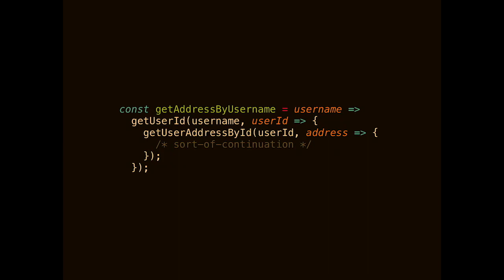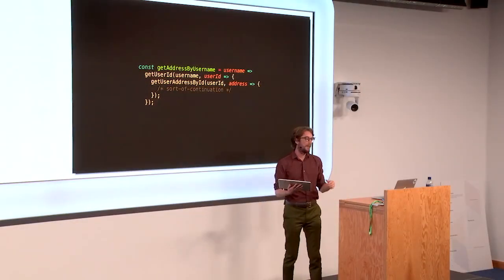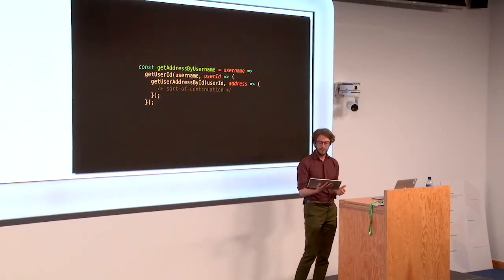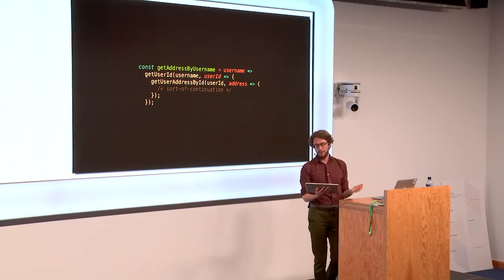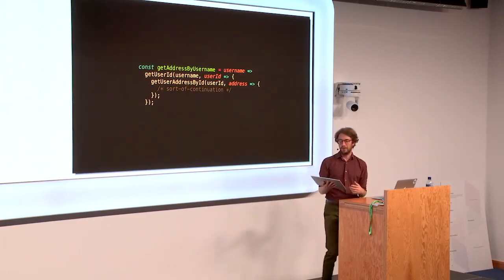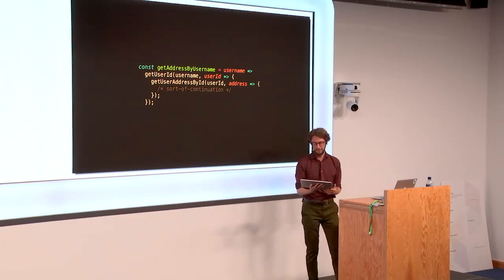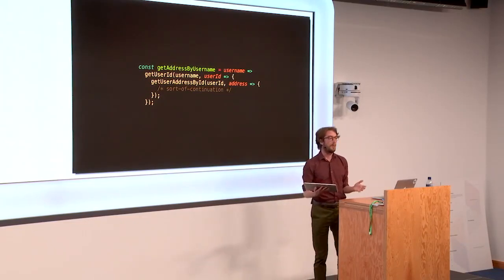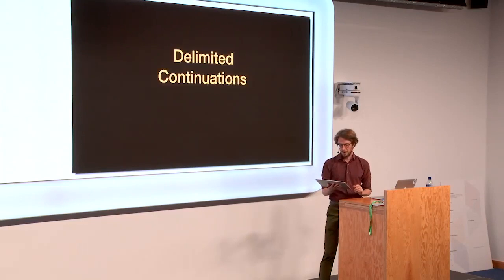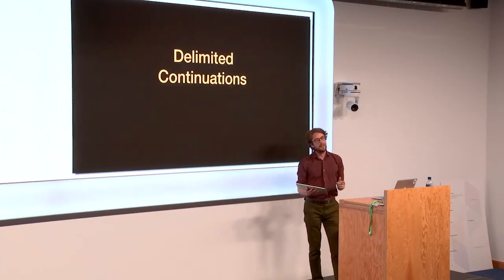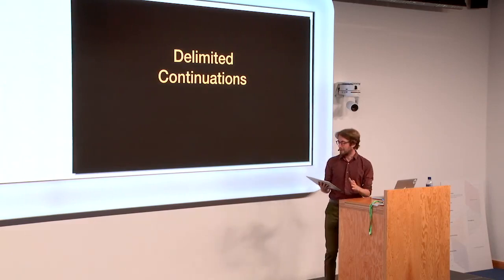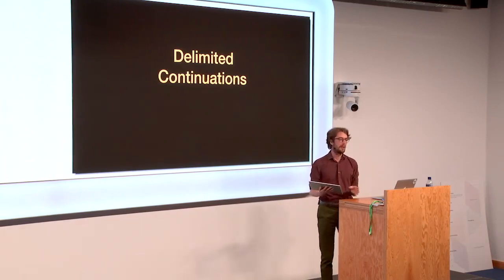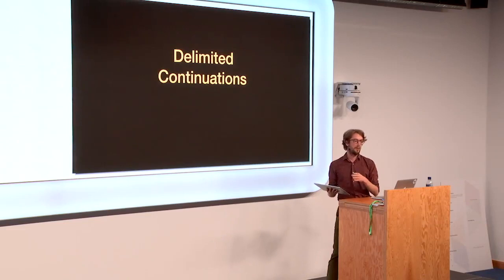So when we're in a continuation, the only way to get back to some other frame is to call another continuation. And if we want to process the result of a continuation, we have to do it inside another continuation. The short of it is that continuations are not composable, unless we have delimited continuations. With delimited continuations, we only capture a certain portion of the call stack. And when that continuation has finished running that portion of the stack, it can return something.